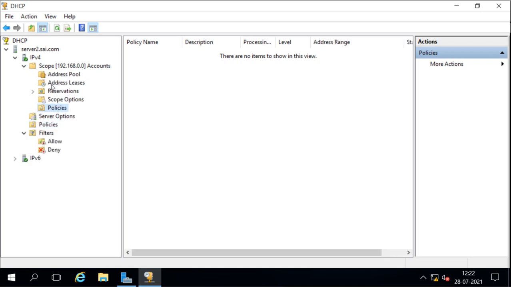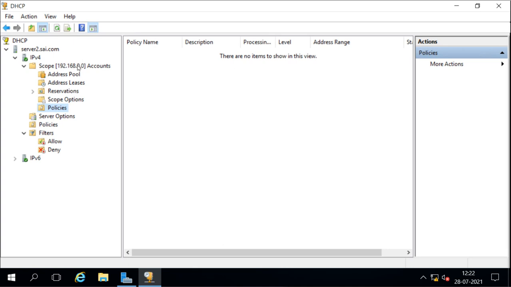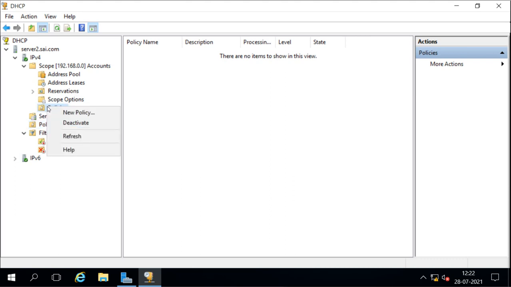Remember, this policy option is under the scope, so it will apply only on this scope, and a policy applied under the server will apply to all the scopes on this server. The policies are the same whether we use them here or there. The only difference is where they are applied.